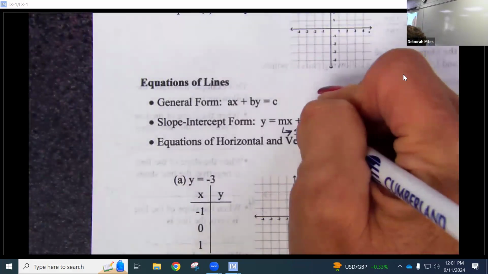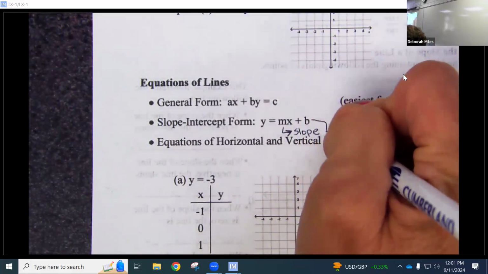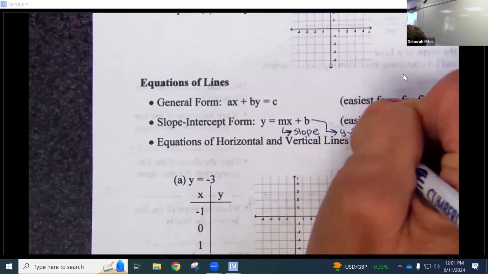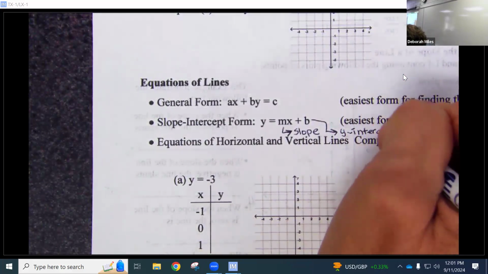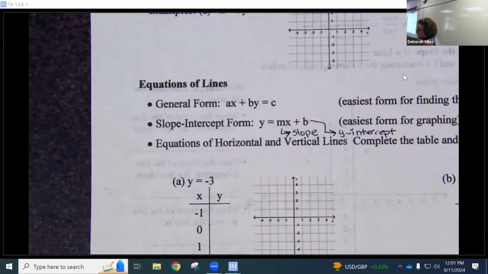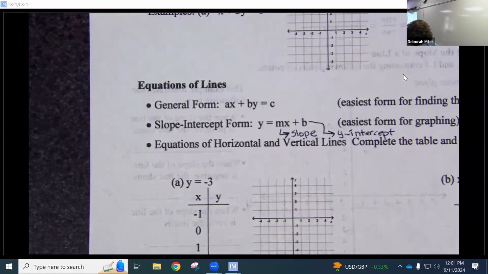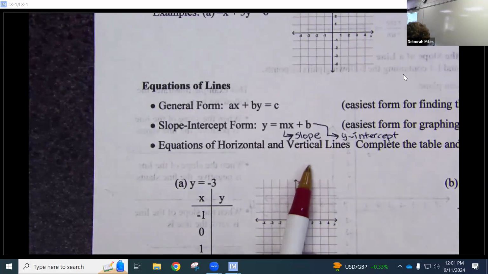The constant is the y-intercept, where the graph crosses the y-axis. Real handy for graphing,